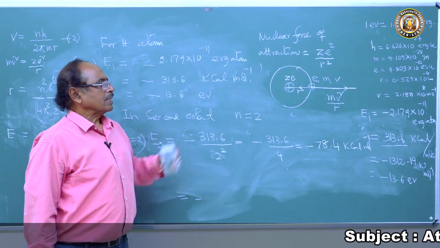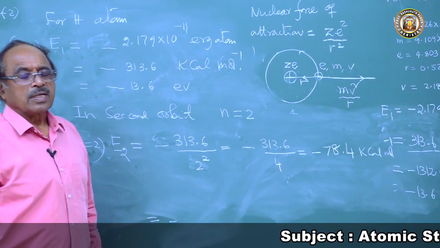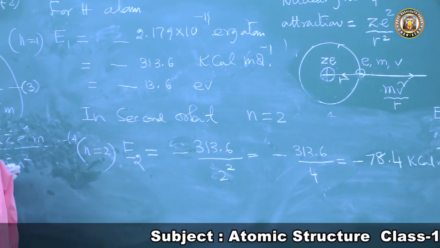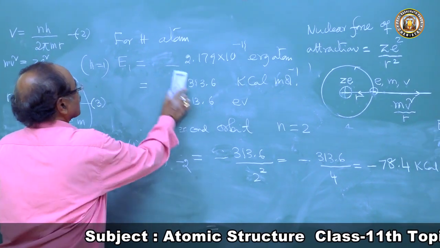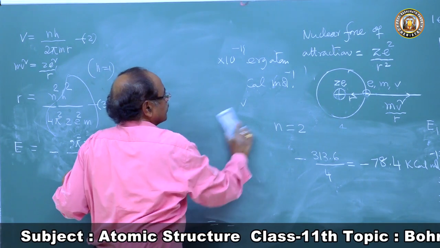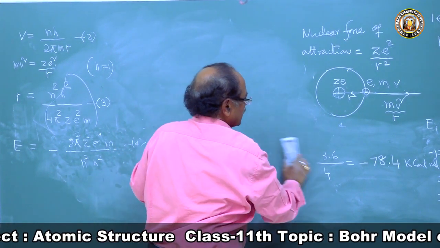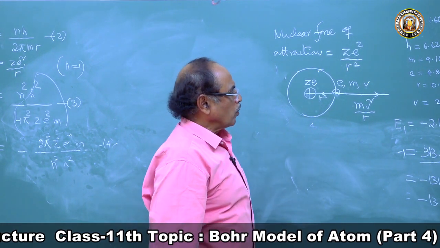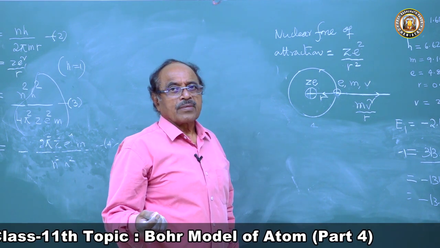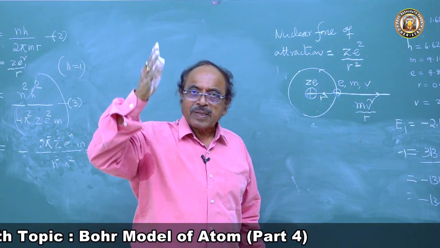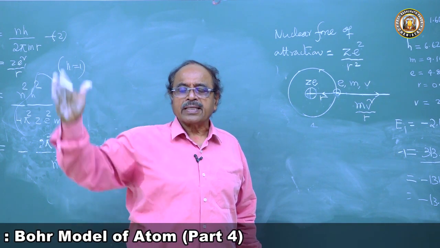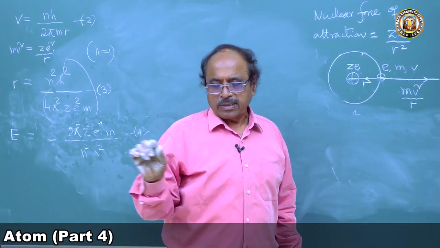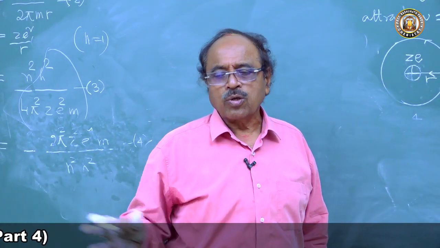So this is the way one can easily calculate the energy of the electron of hydrogen atom in the first orbit, second orbit, third orbit. Now we will calculate the energy involved during electron jump, because what Bohr has told is that the electron can jump from one orbit to the other orbit. Why did he calculate this? Because he got spectral lines, one spectral line, another spectral line. The lines are not continuous, so there is no walk of electron.